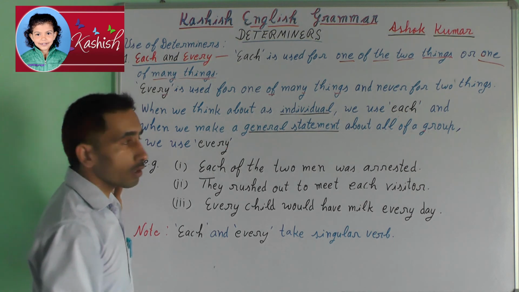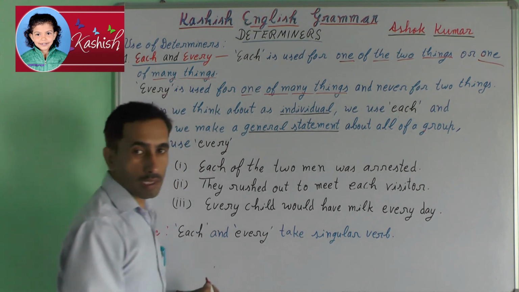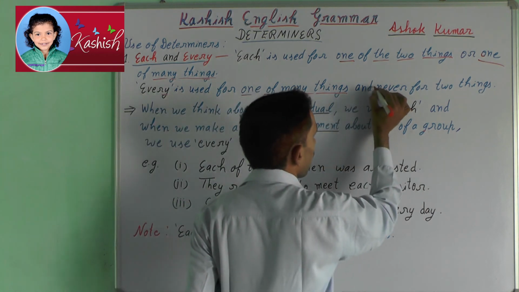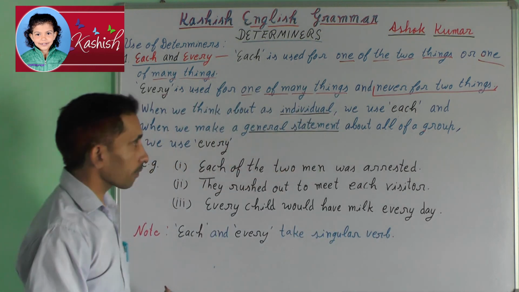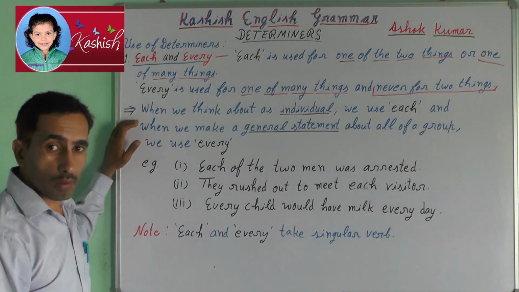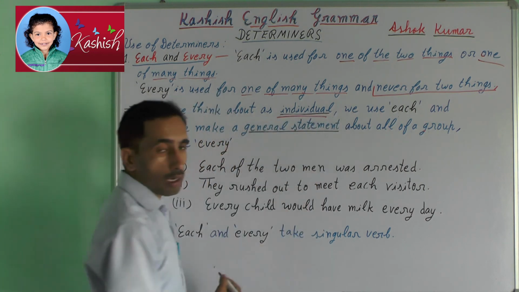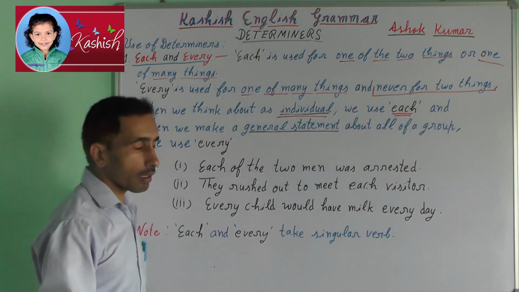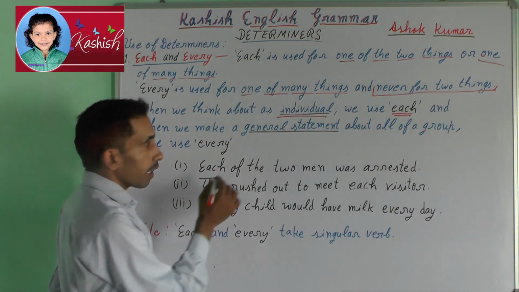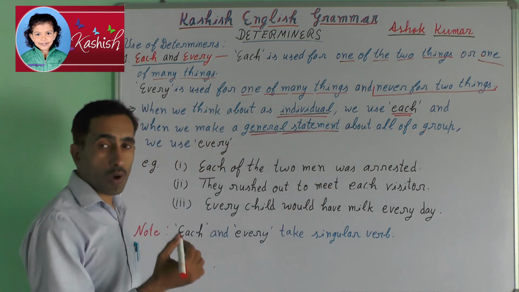Every is used for one of many things and never for two things. When we think of something as individual, we use each, and when we make a general statement about all of a